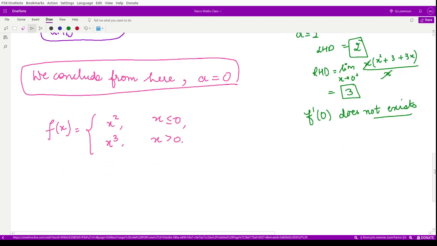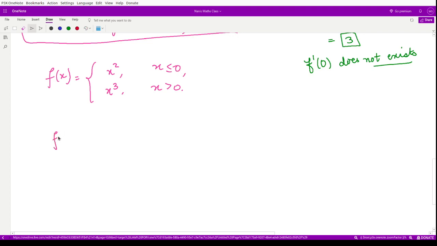Now we can very easily calculate its first derivative. So its first derivative is simply the derivative of each piece. Whenever x is less than equal to 0, the derivative of x square would be 2x. Why is this so? Because we have polynomials over here. X square is a polynomial, x cube is a polynomial, and we have studied the behavior of this function at x is equal to 0. So for the other piece we have 3x square, and at x is equal to 0, because now our a is 0, this derivative exists, right?